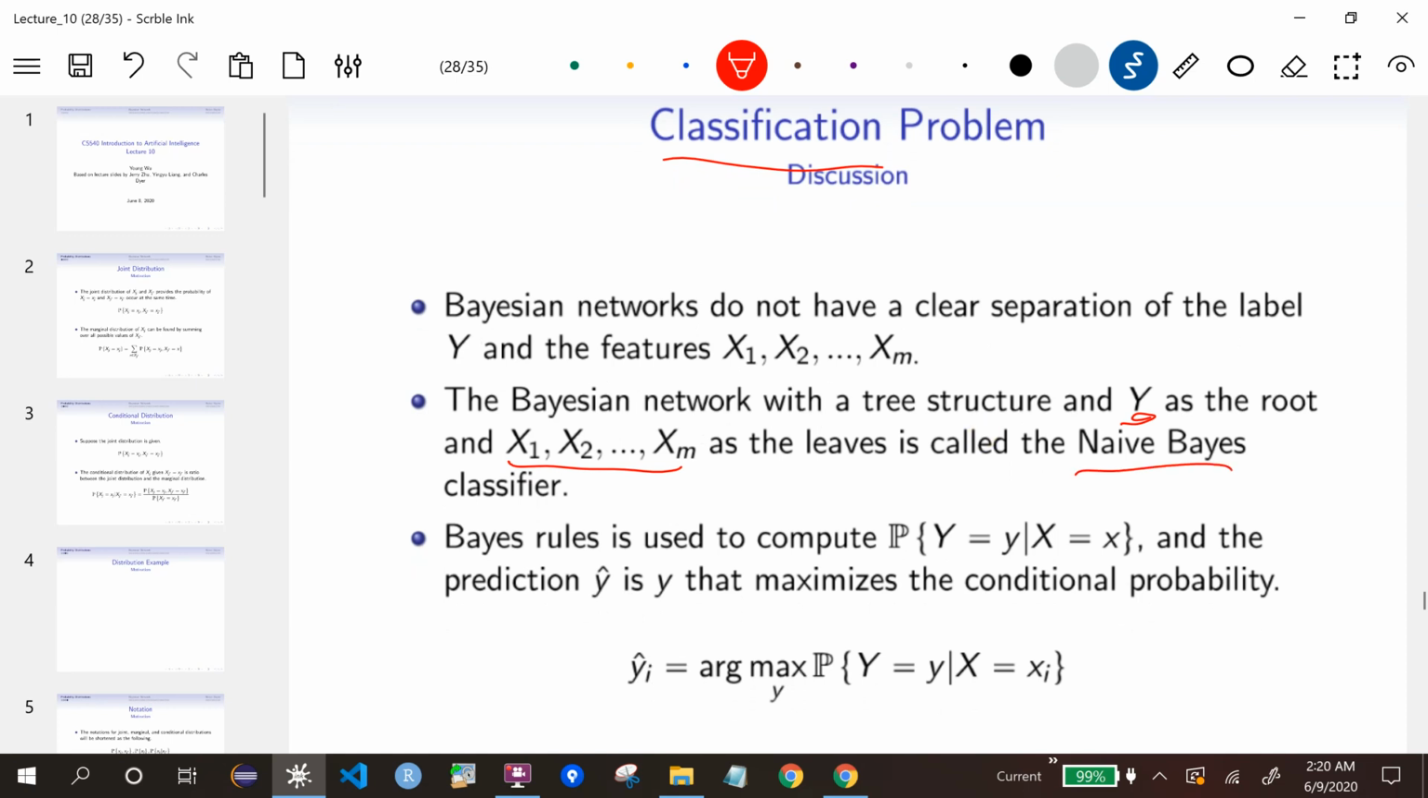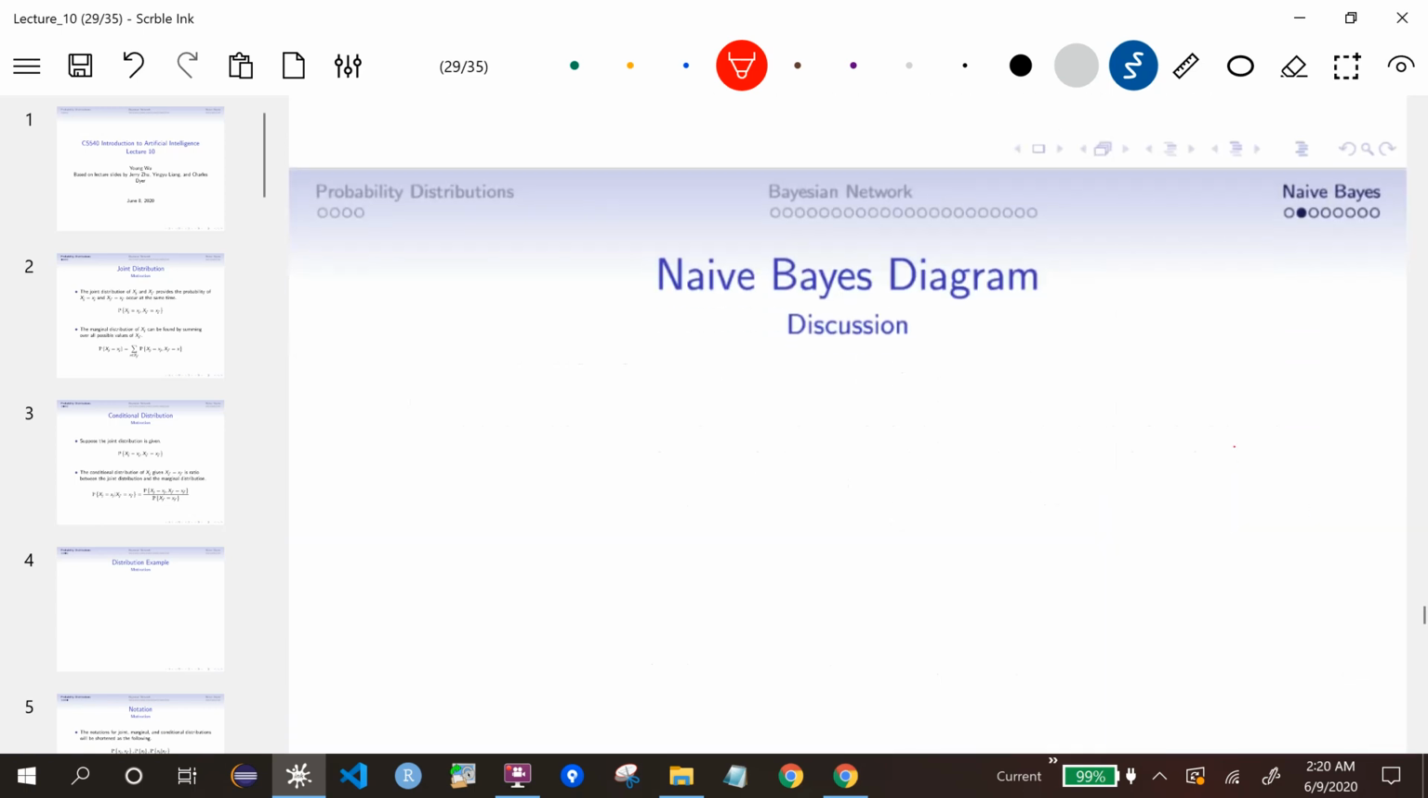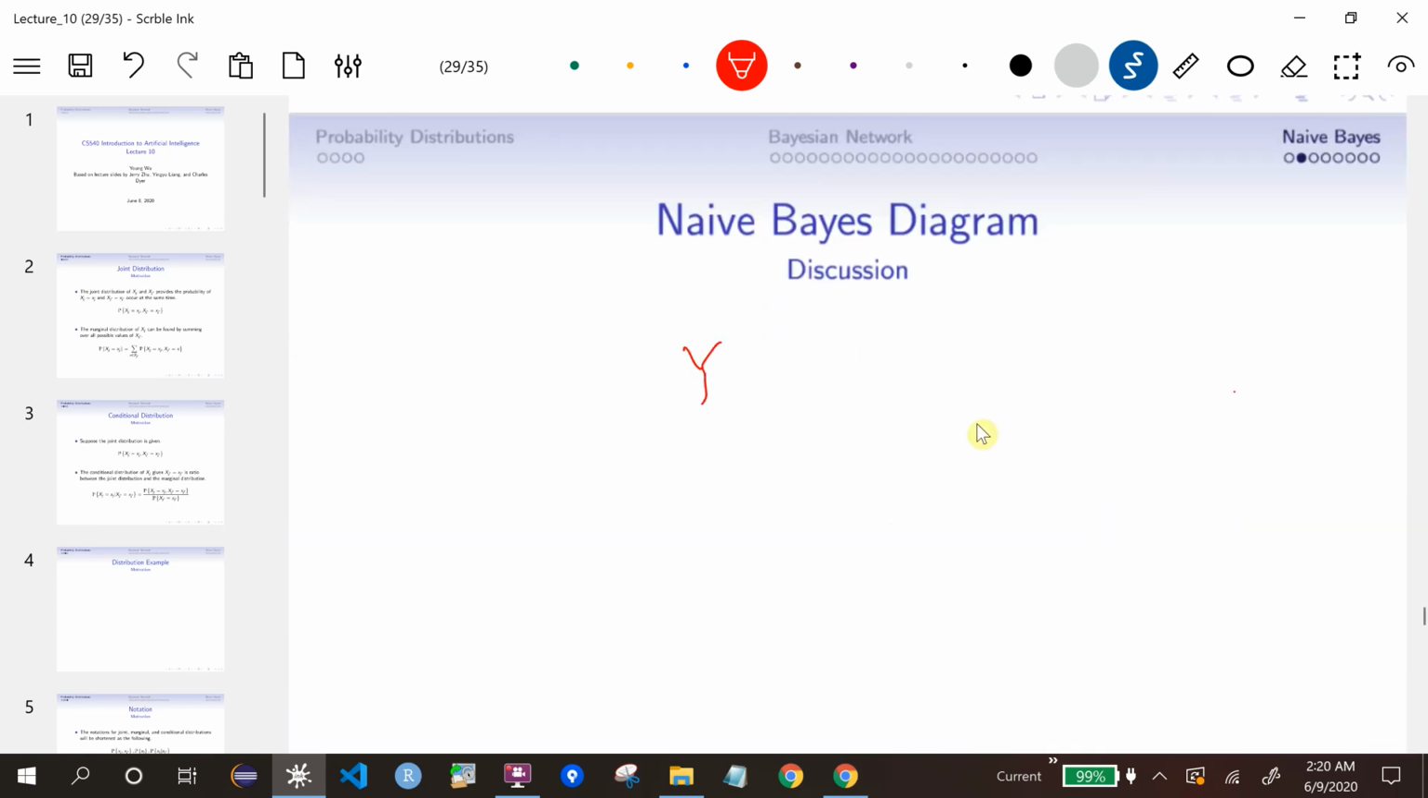A naive Bayes classifier assumes that these features are independent, but all of them are dependent on the label y. I think I drew this before, so let's draw it again. We have y, and all of these x, x1, x2, x3, x4, and x5, are caused by y. This is the network structure that we're going to assume, and then we're going to train these